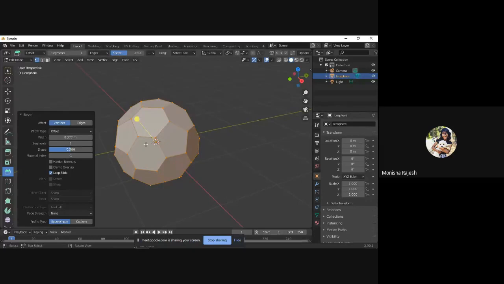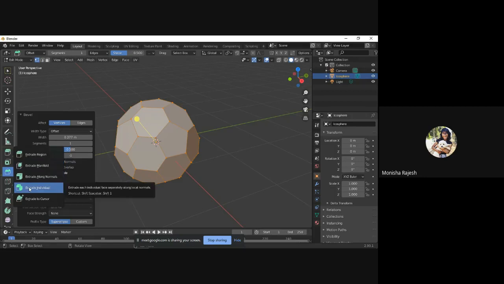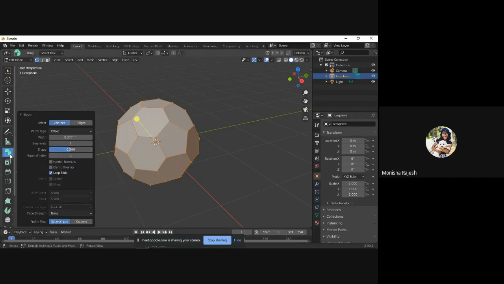Once you're done with that, what we're going to do is pull up the faces a bit. How that's done is you go to the extrude region option. Now we are not going to be using this exactly. What you're going to do is hold and press extrude till you get extrude individual.